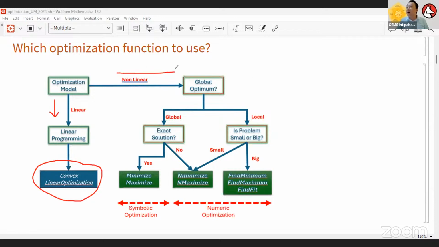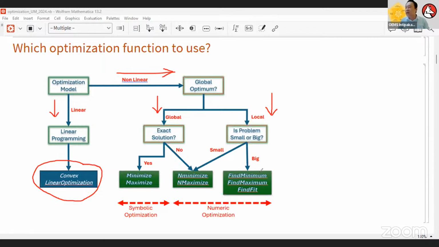On the right-hand side, of course, we have a lot of non-linear problems. In the real world, like in engineering, we have to deal with a lot of non-linear polynomials. How do we optimize? First, ask yourself whether you are looking for a global optimum or, as is very frequent in the engineering world, a local one. For the local optimum, there are two major sets of automated functions that you can look at.